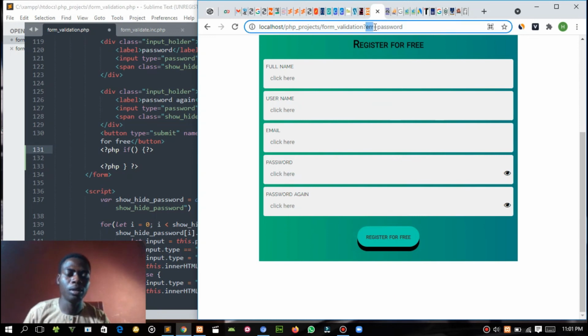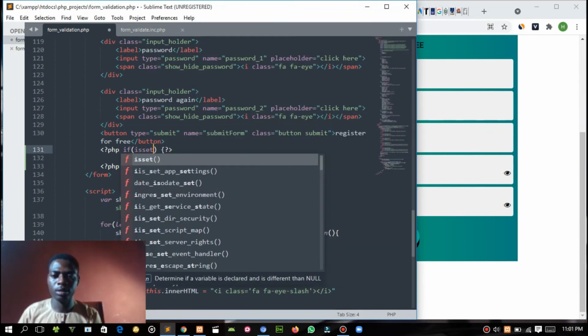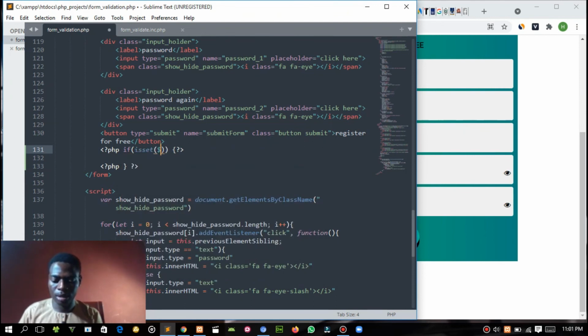This error is a variable, also a get variable. So if it is set in the URL, let's go get, then